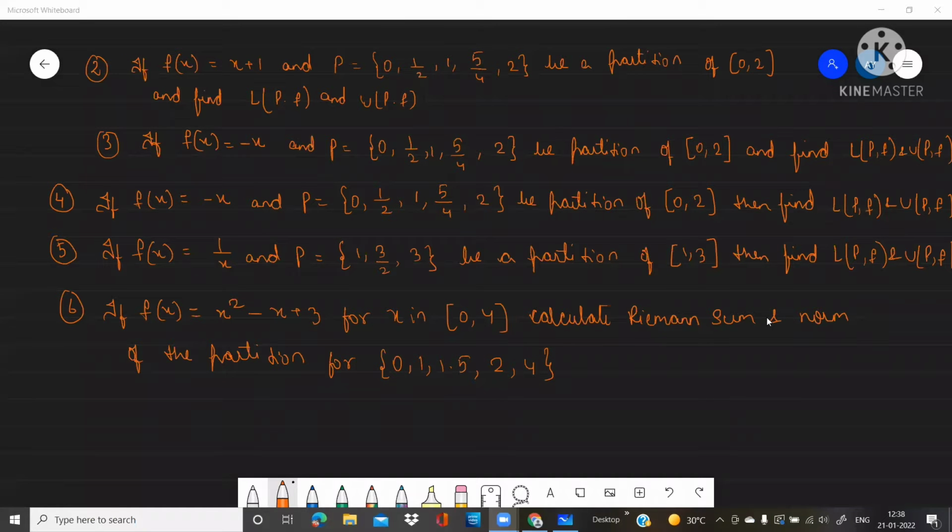In the previous class, we studied how to find the lower Riemann sum and the upper Riemann sum. These are a few questions. Try them by yourself and find out what the lower and upper Riemann sums are. Today in this class, we are going to study